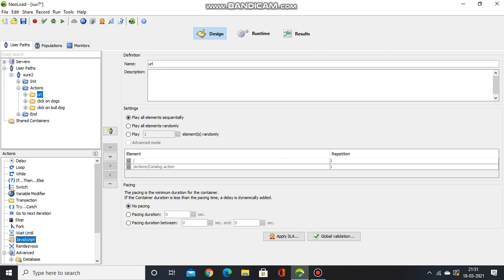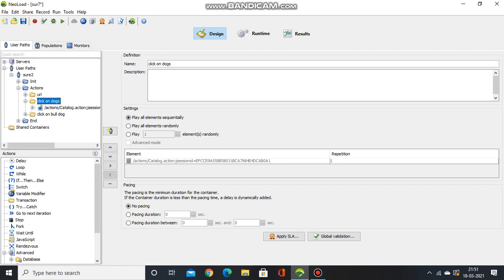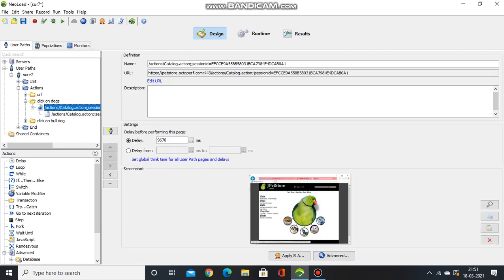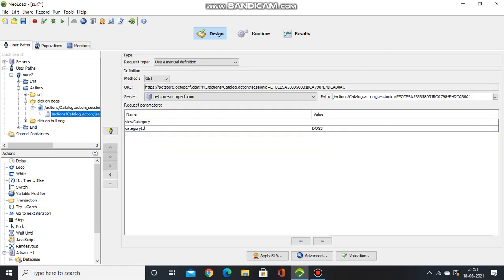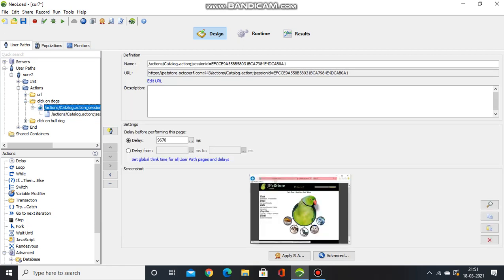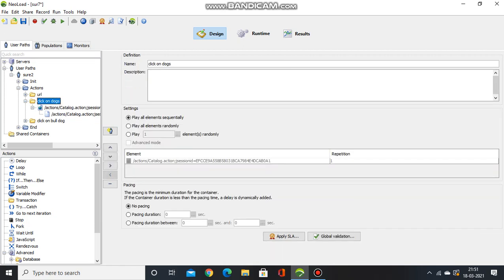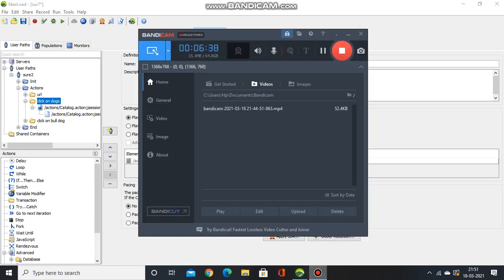Apart from that, these are the actions you can perform in this. The third thing I want to explain is just go to this. So guys, you know that this is the transaction or a container.